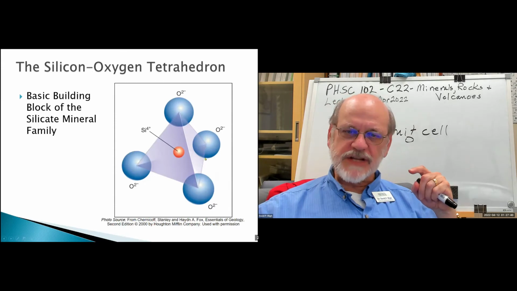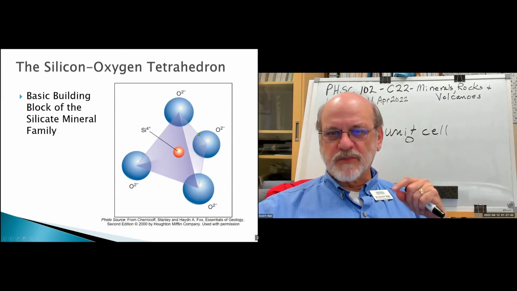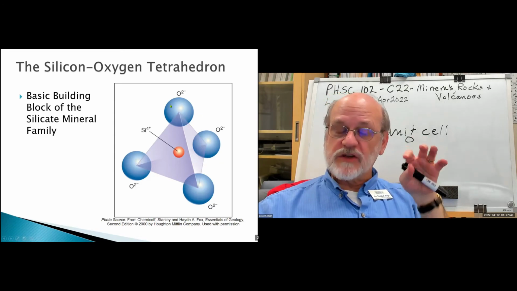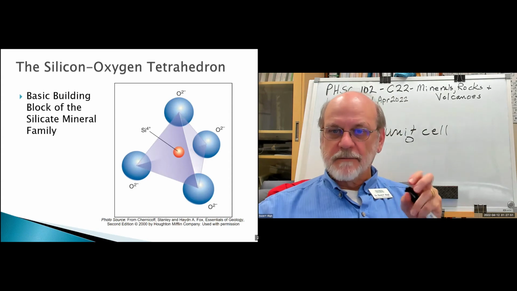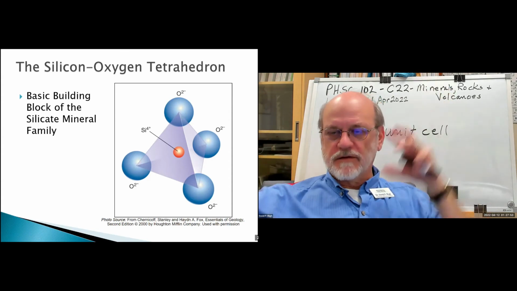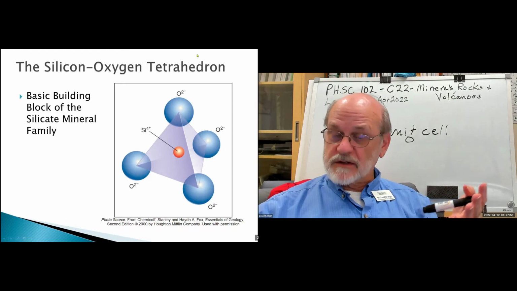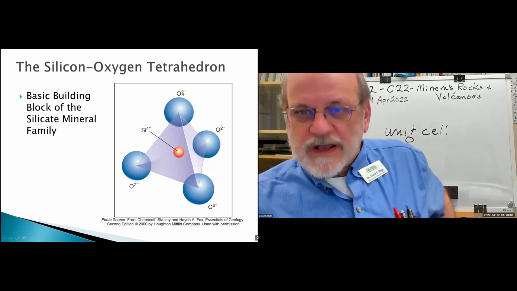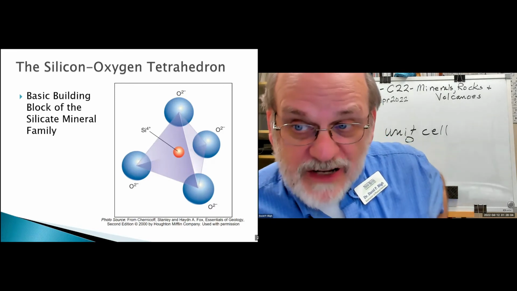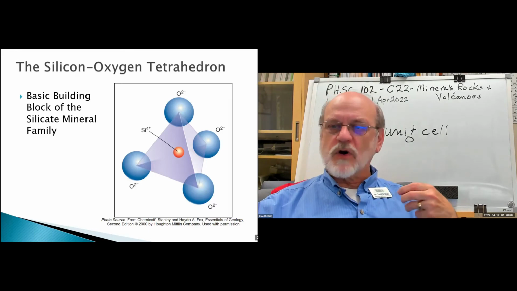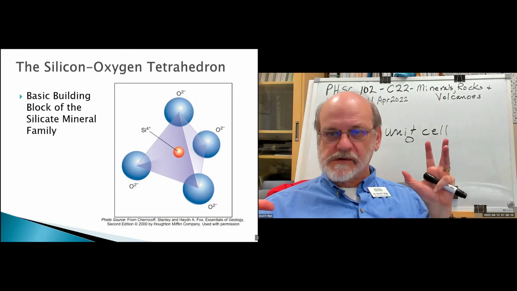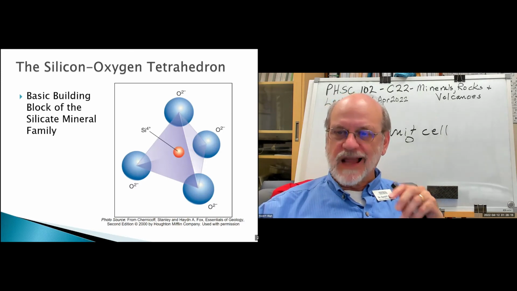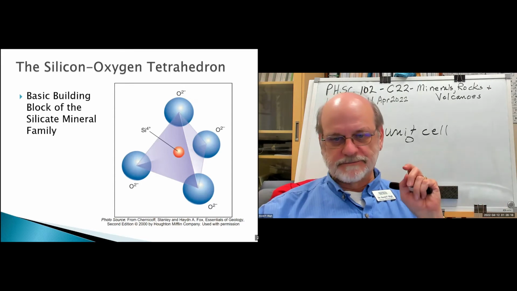Okay, so there's your tetrahedron. They do a better job of presenting the tetrahedron there. And you see that these oxygens are equally arranged around that silicon. In other words, they're spread to their very farthest way, and that's good because if we assume that the oxygens are intrinsically charged at a -2, then you want those negative charges as far apart from each other as possible. That minimizes the stress on the structure when you can get like charges far away from each other.